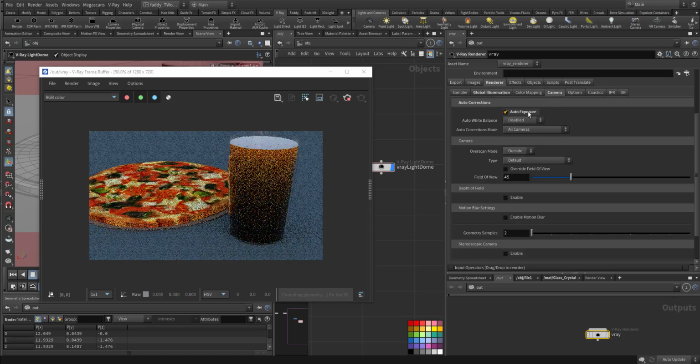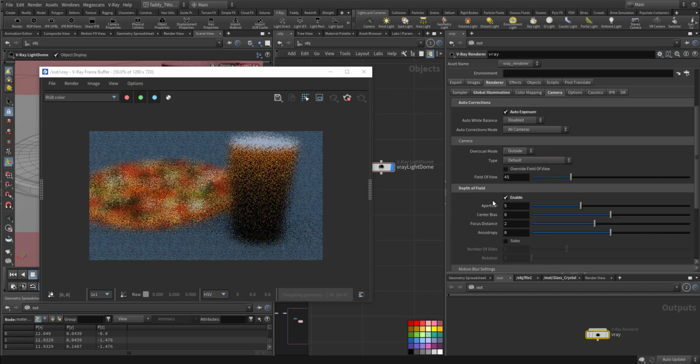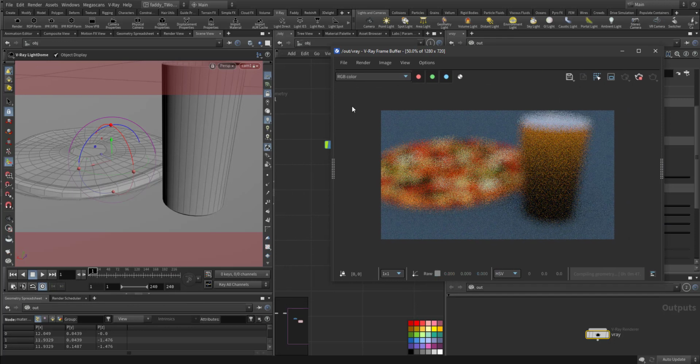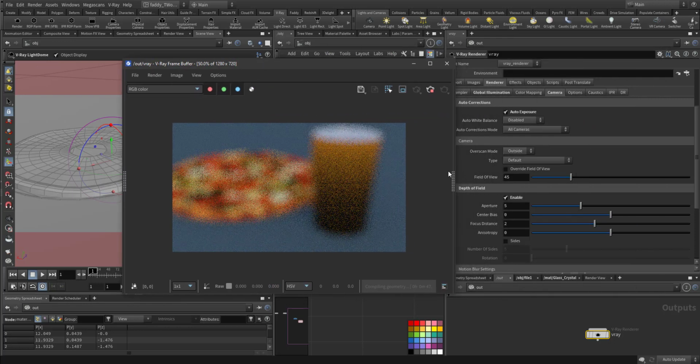We have auto exposure, outside or inside, and we are outside. This is kind of camera. Now this is the depth of field, focus distance. To do the focus distance, this is what we will do. Here